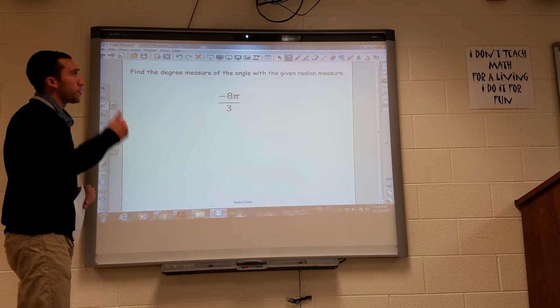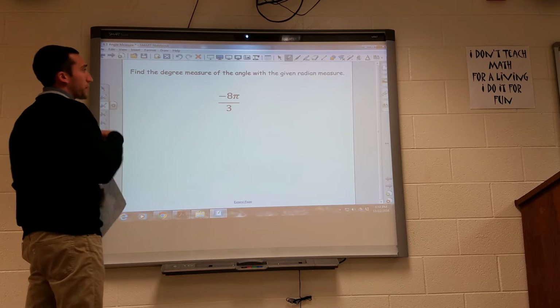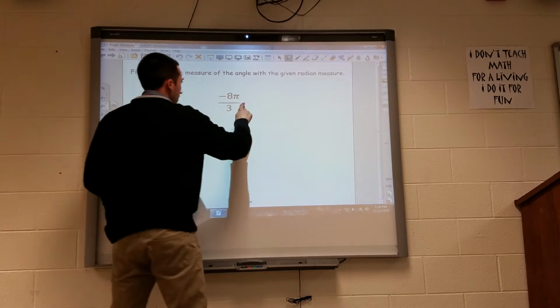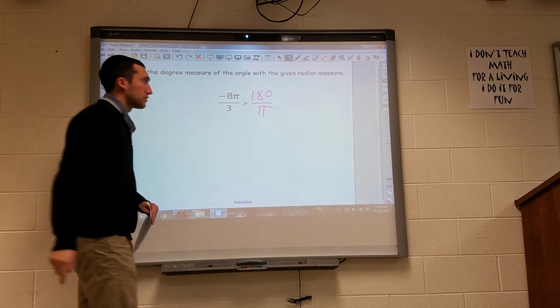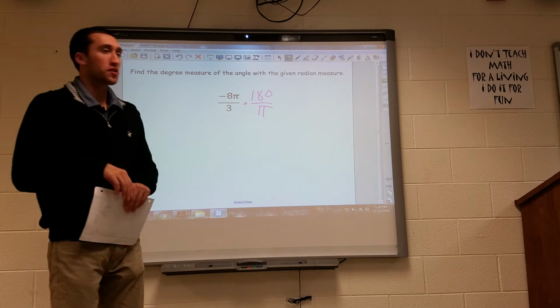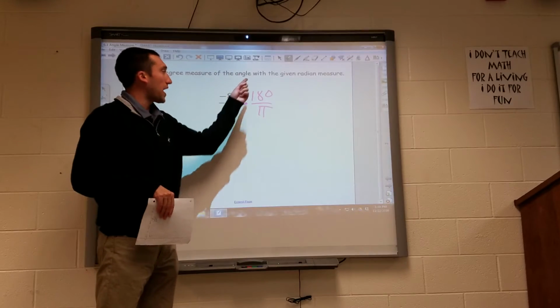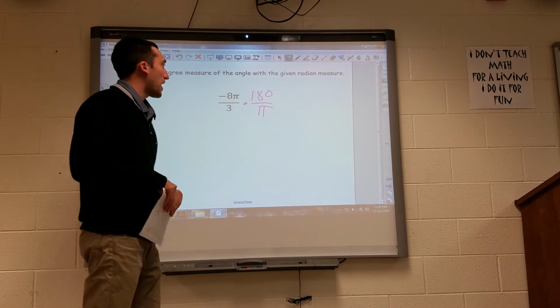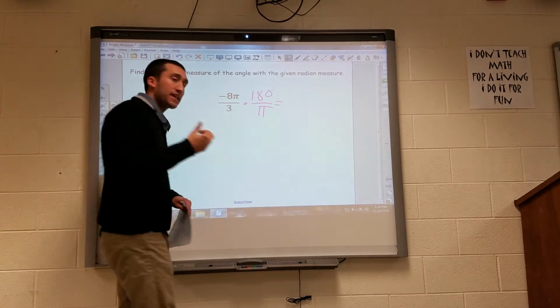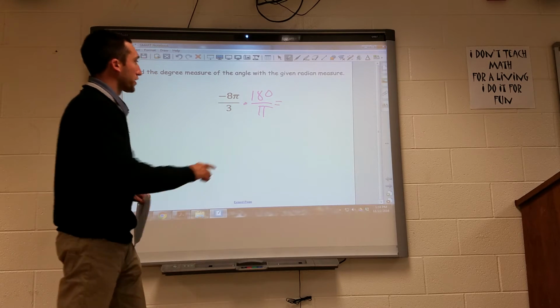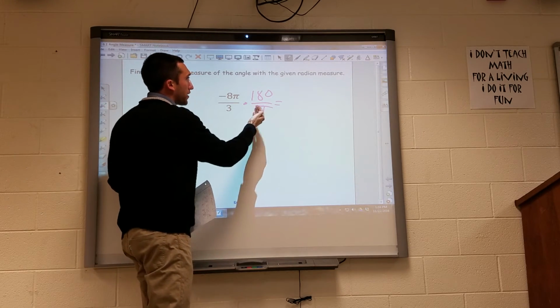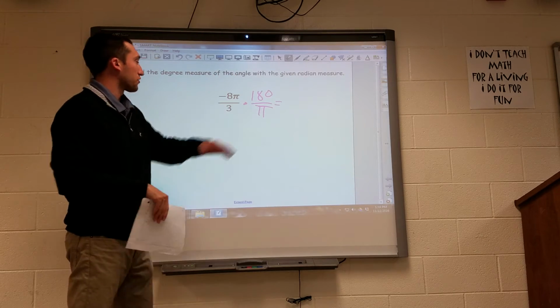Now if I want to go from radians to degrees, they want me to go backwards. Now I'm going to multiply by 180 over pi. So an easy distinction to know whether to multiply by pi over 180 or 180 over pi: our degrees are not going to have a pi in them, right? We don't have degrees with pi in them. So you're going to want your pi to be on the denominator when you're going from radians to degrees,